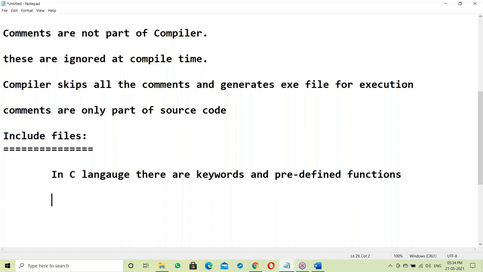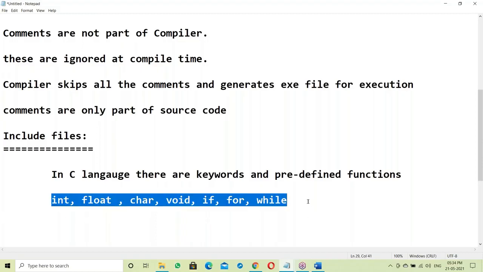Keywords like int, float, char, if, for, while. There are totally 32 keywords. All these keywords are part of the compiler.